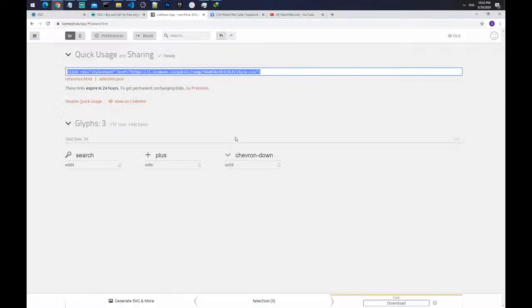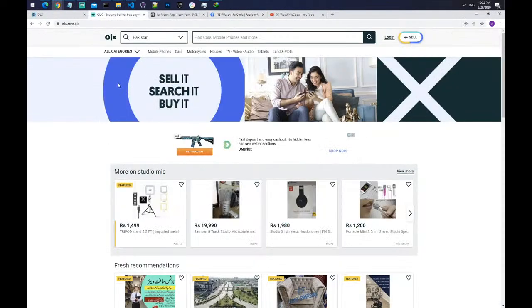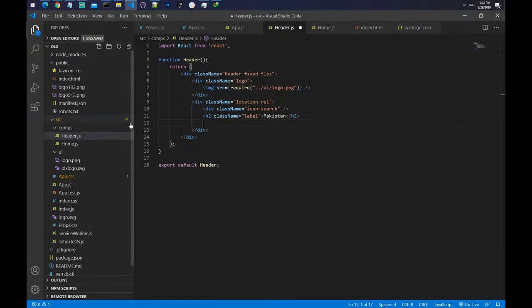And we need to check if it is, yeah, it is a button, of course. So you can see it is an input, we don't need the h2,